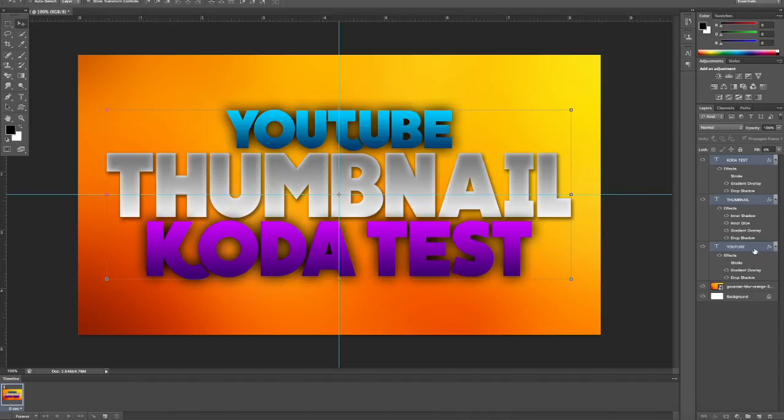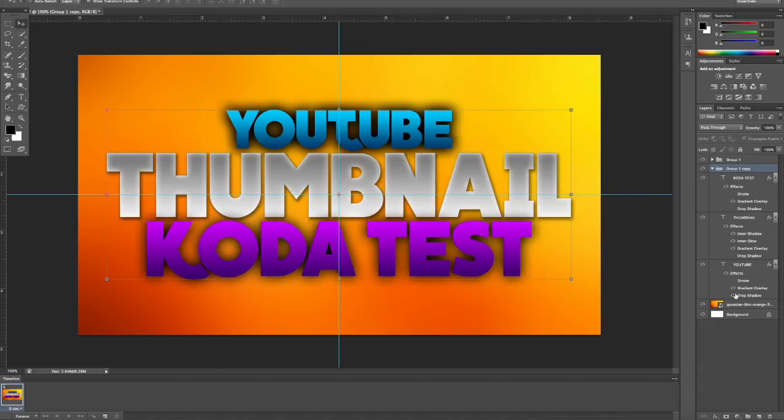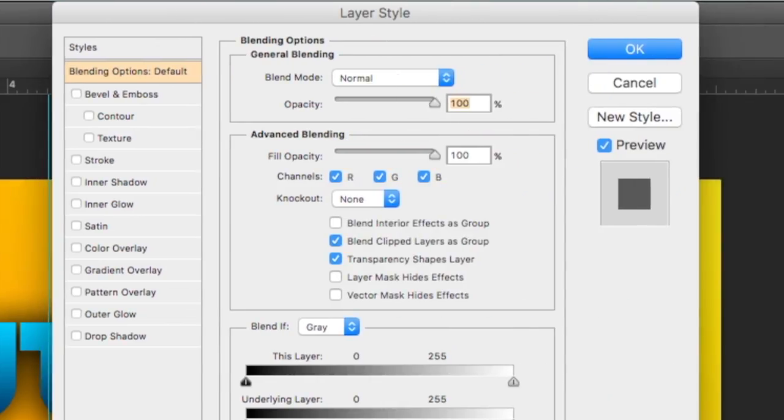and then what you're going to want to do is group it by clicking Command G or Control G. Then you're going to want to duplicate the group, put it under group 1, and then you're going to want to take off the drop shadow of all of them. Then you're going to go Control E or Command E on a Mac. You're going to double click on group 1 copy. Then you're going to click